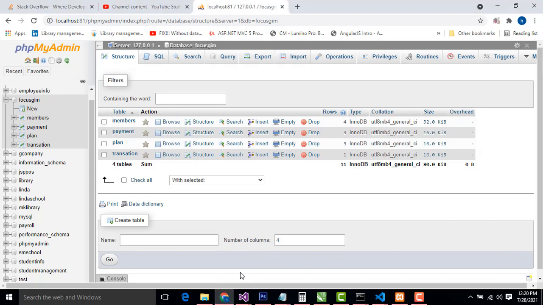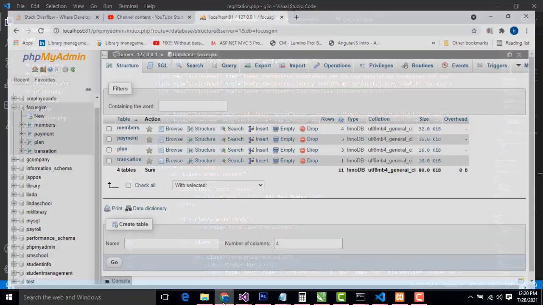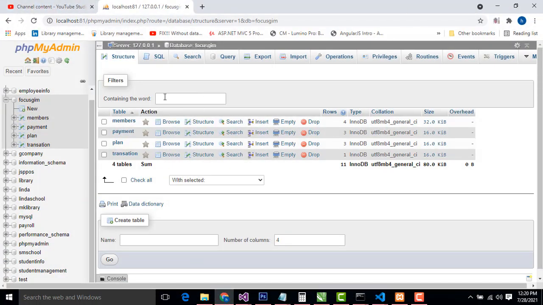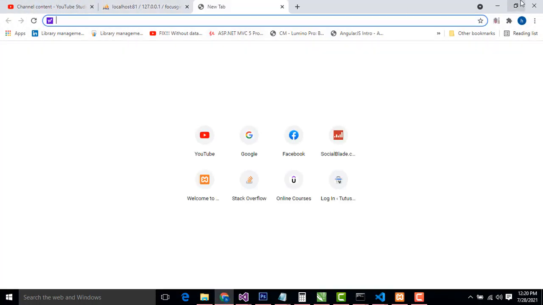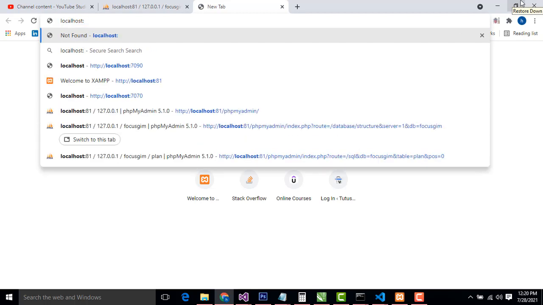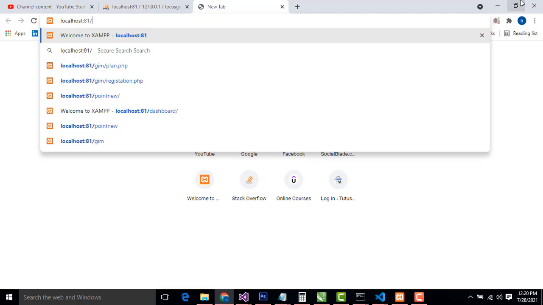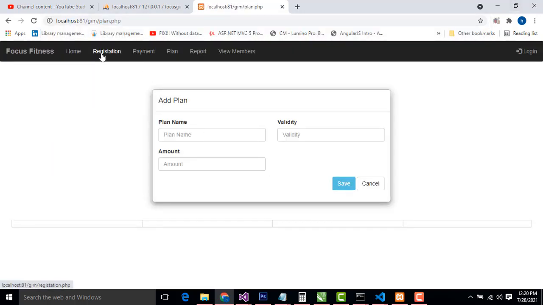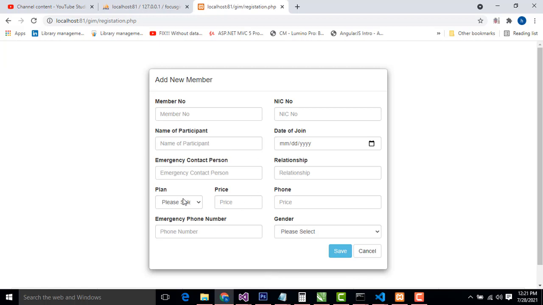In our last class, we saw how to design the registration form. Right now here, if we go to type gym, if you look at the gym plan, in our last class we saw the registration form, right? So here we will see the plan and price, all the stuff. In this tutorial, I am going to teach how to register the new member. It's very simple.